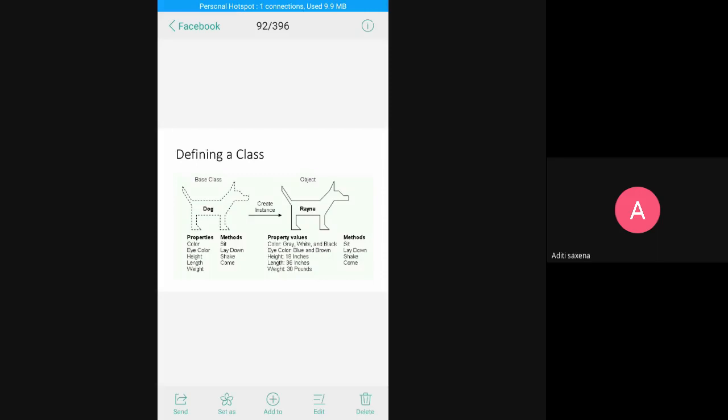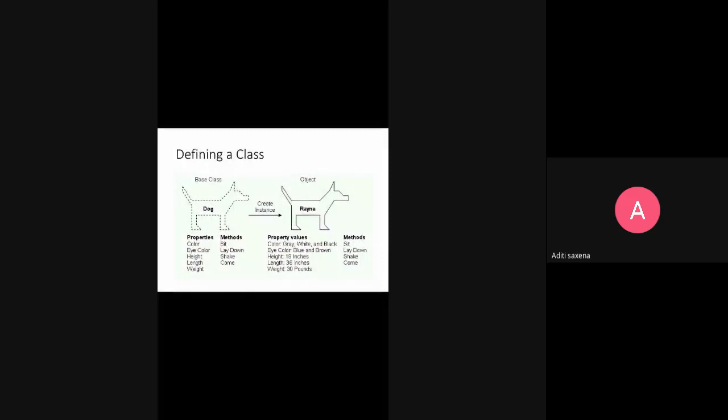Like we have a class animal, and then we have a subclass named dog or anything else. So this is the base class. Dog has properties like color, eye color, height, length, weight, and methods like sit, meaning the dog can sit, lie down, and come.